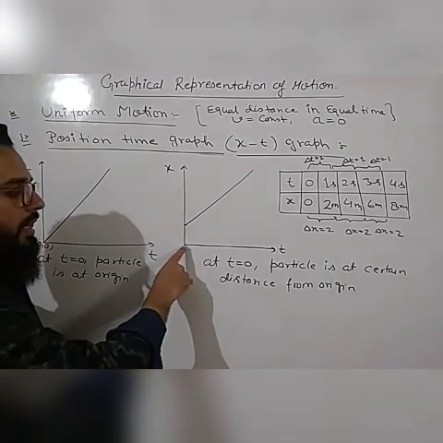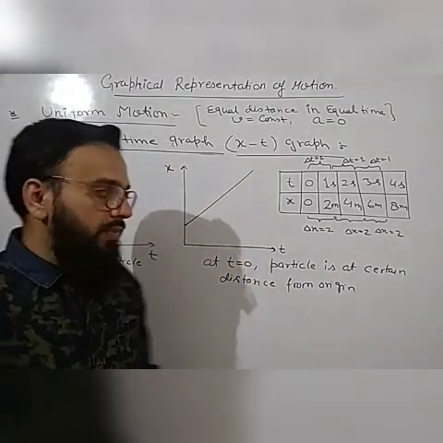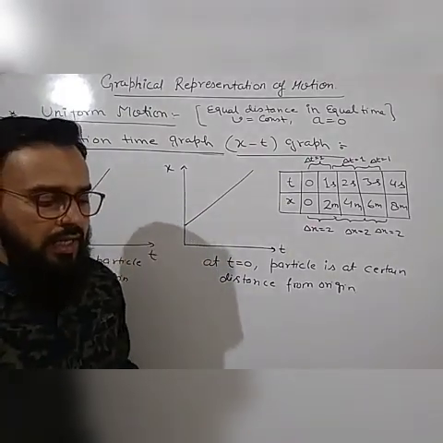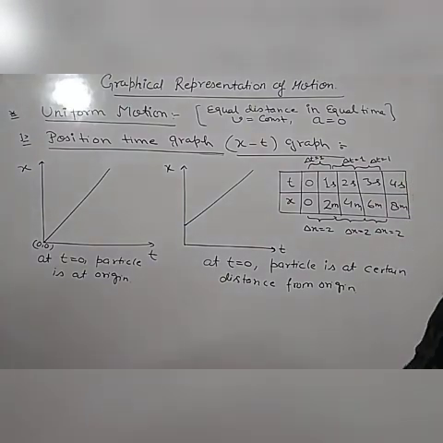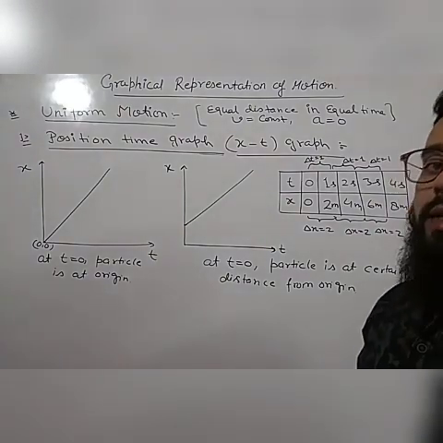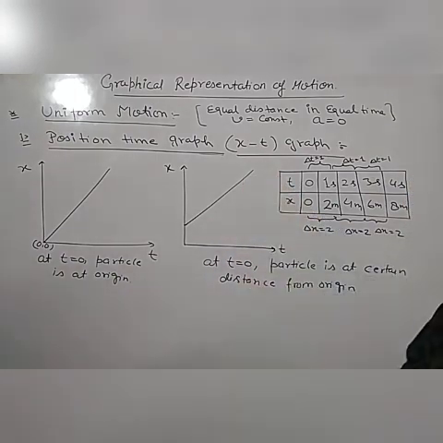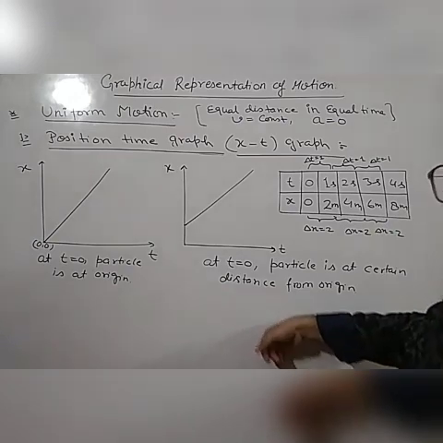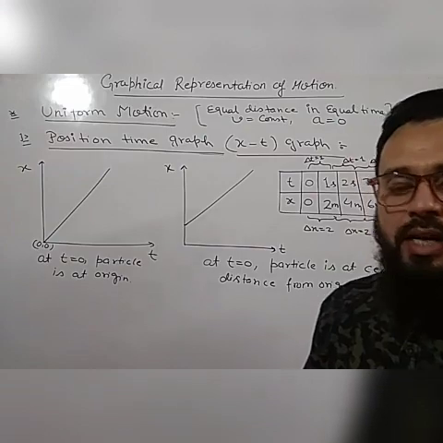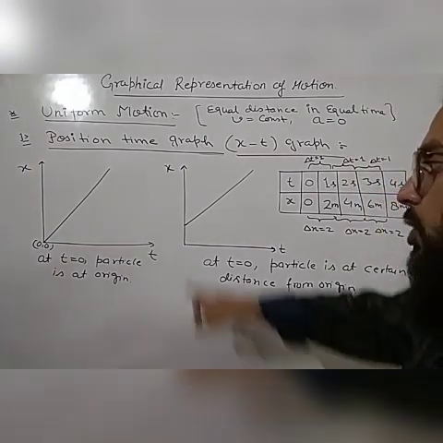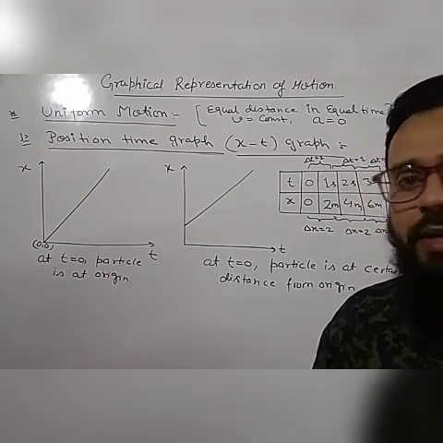But suppose, as in the last video I discussed, at t is equal to 0, if I am considering this board as the frame of reference and I am standing at this point, so I have a certain distance with respect to this board, and if I start moving now, then this is the time t equal to 0, but with respect to this frame of reference, this board, I have already covered a certain distance. So when I start moving, the distance will be counted from this point. It means I am already at a certain distance, and distance will further increase. Okay, so